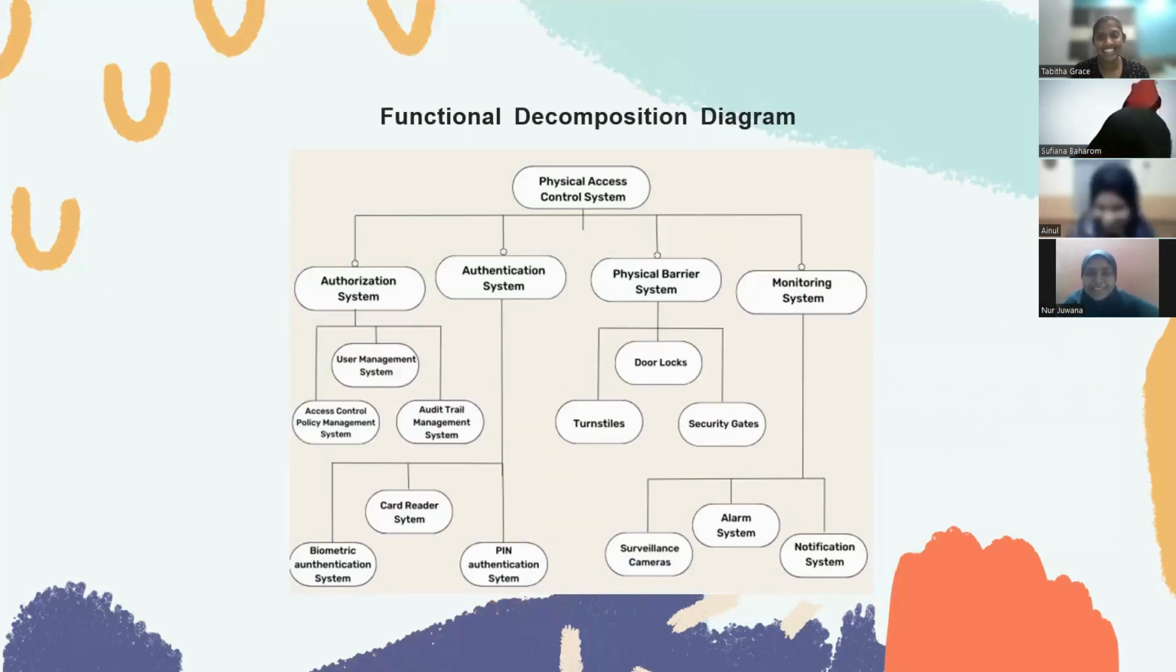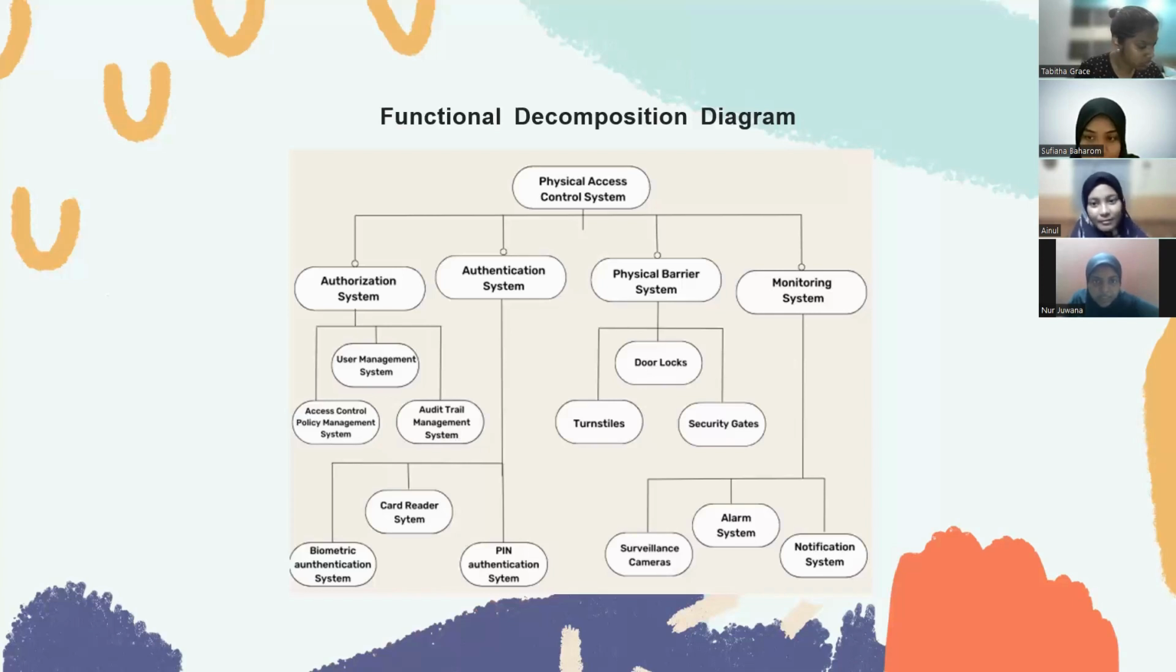So for the next question, I will explain about the functional decomposition diagram. The physical access control system is the highest level of the diagram, representing the entire system. For the second level, we have 4 functions, which are the authorization system, authentication system, physical barrier system, and monitoring system. For the authorization system, we have 3 sub functions, which are the user management system, access control policy management